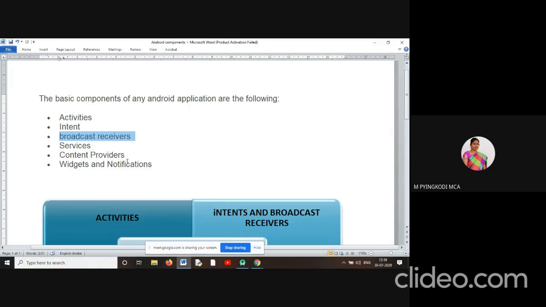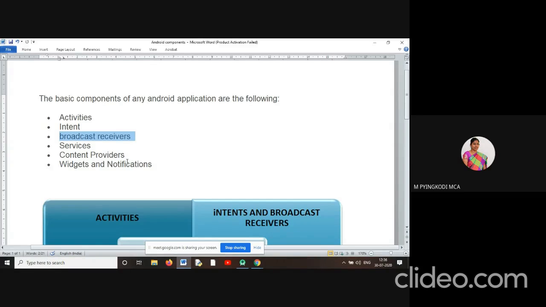So the service is communicating with the broadcast receiver. This broadcast makes use of an intent to publish the notification. So services are capable of performing inter-process communication.